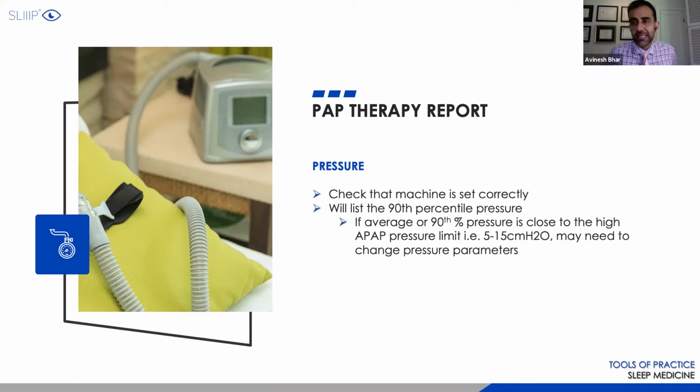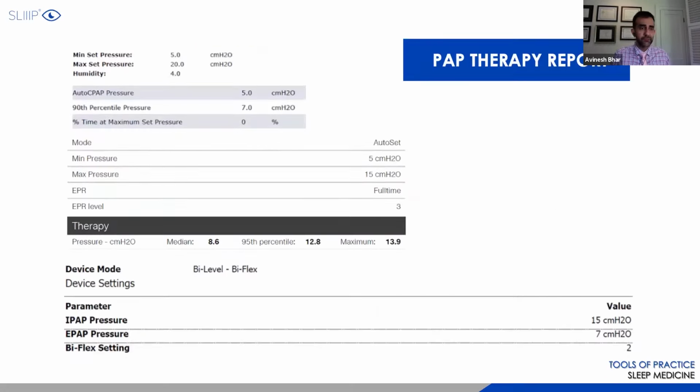If, for example, you see the 95th or the 90th percentile close to, let's say in this case, the example here is 5 to 15, if you see it in the 13.9 or 14.2 range as the 90th percentile, you may want to increase it. That's why I generally will just put an adjustment of 4 to 20 in these patients and see how the patient does, unless they complain of, oh my God, I'm waking up because I'm feeling overwhelmed with too much pressure. At that point, you may want to check the 90th percentile and bring that level down a little bit more, but we'll talk about that soon.